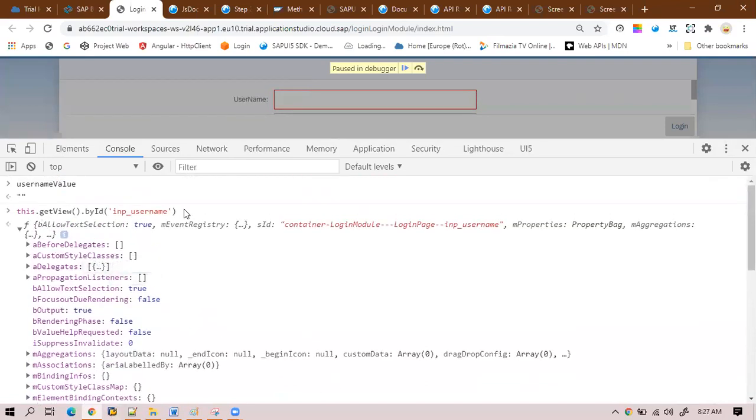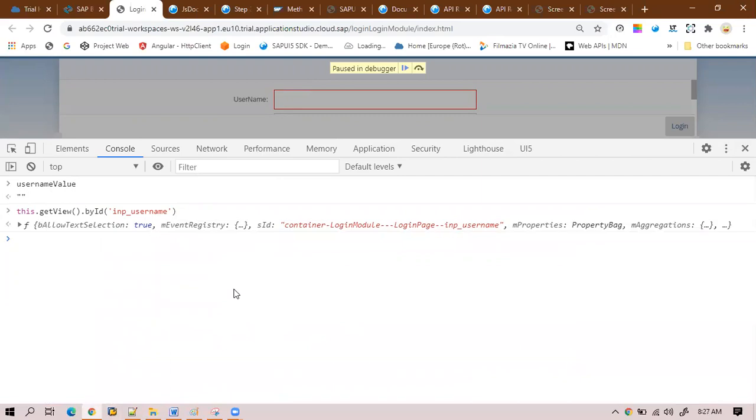When I get the id like this, this object contains all the information associated with our input field, like ids, the types, also properties, everything. If there is any binding associated with this input field, that can also be displayed in this object. So now, if I want to get the value, I will follow the same thing. The methods associated with the input field can easily be found in the API reference.